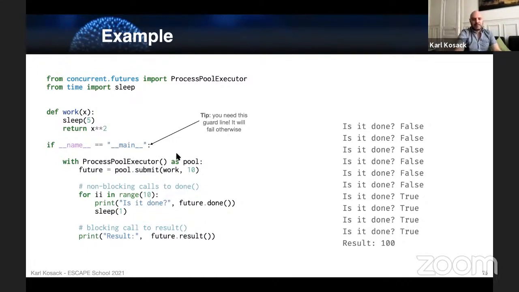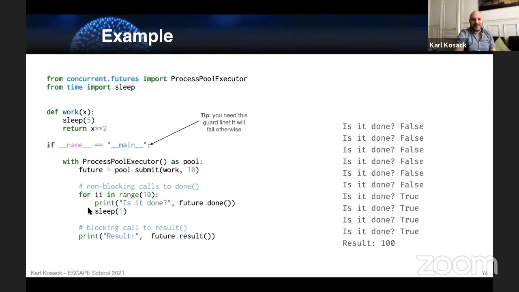You create a ProcessPoolExecutor. Then for any piece of job you want to do, which is the work you want to do, like here's a function I define called work that, again, is the stupid one that sleeps 5 and returns x squared. You say pool.submit, and then you give it the function and then the values, the arguments of the function, and it can be multiple arguments if you want. Then that work is basically running on another process automatically.